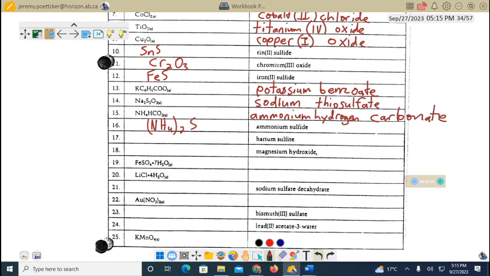We've got barium sulfite. That's BaSO3. Magnesium hydroxide would be Mg(OH)2 in brackets. Then we've got iron, Roman numeral 2, sulfate, heptahydrate. Lithium chloride tetrahydrate. Number 21 is going to be Na2